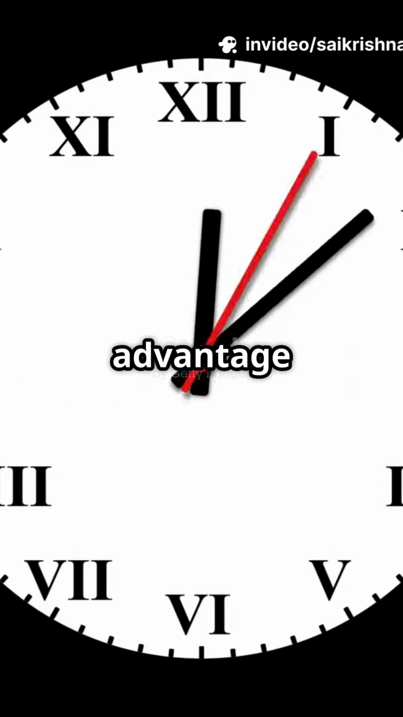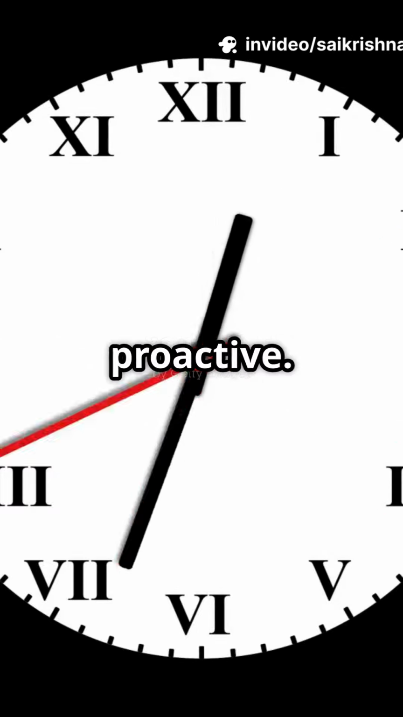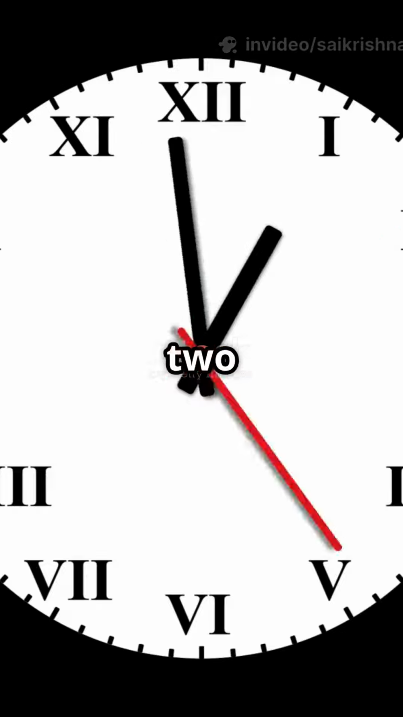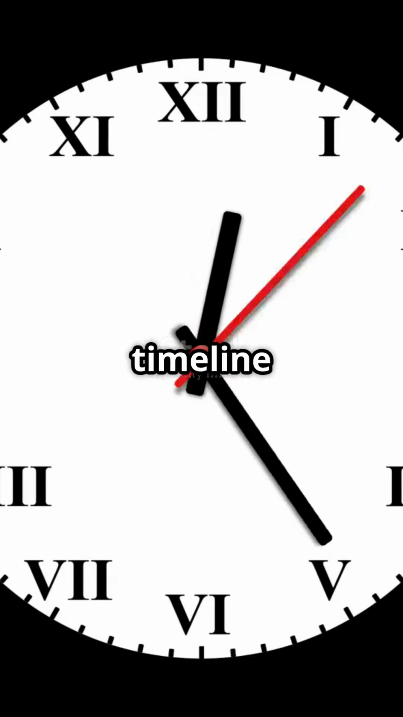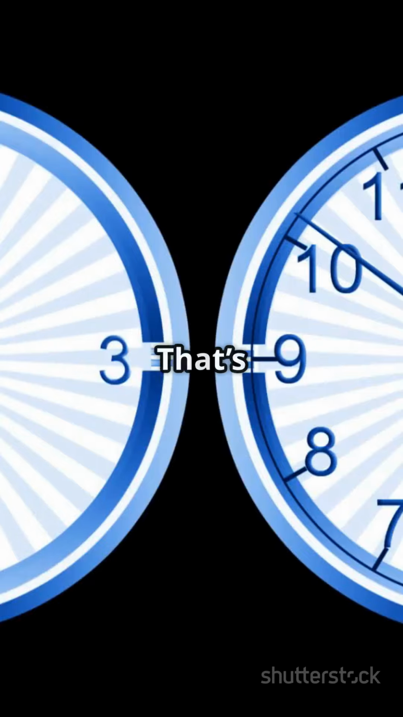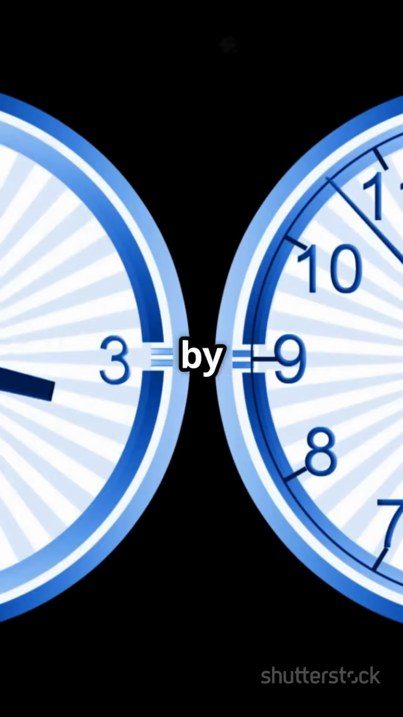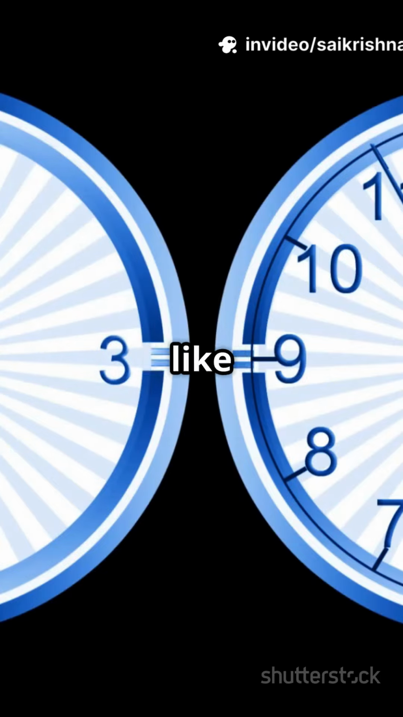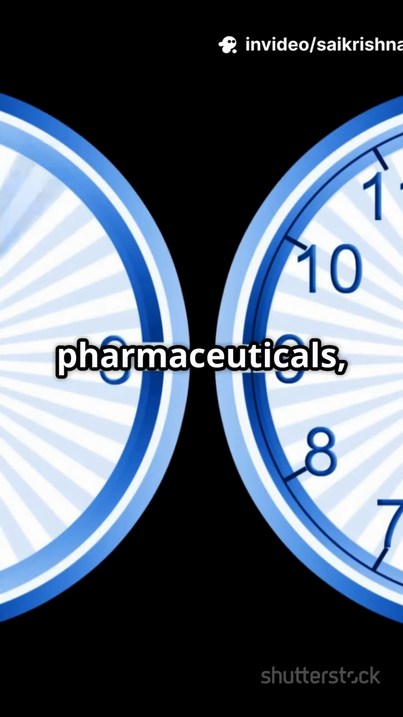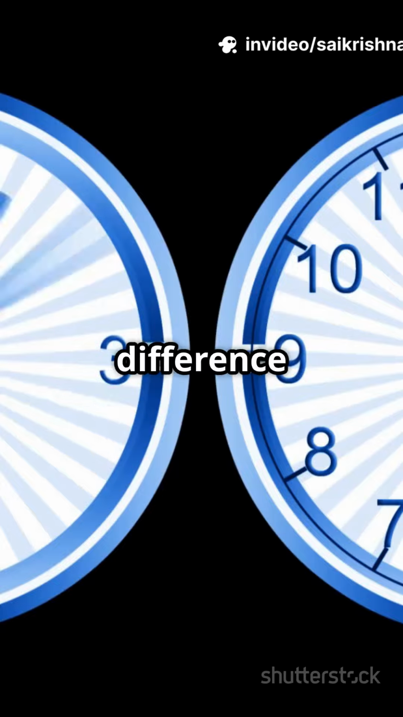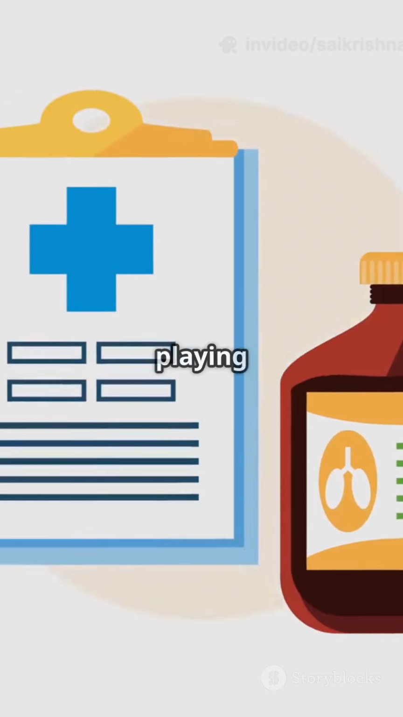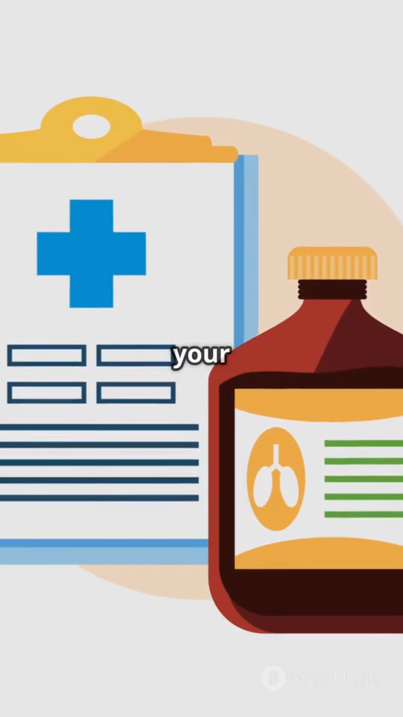This is a huge advantage for companies that are organized and proactive. Imagine shaving 2 whole months off your approval timeline just by planning ahead. That's 2 months saved, just by planning. It might not sound like much, but in the world of pharmaceuticals, 2 months can mean the difference between being first to market or playing catch-up. It can impact your bottom line,